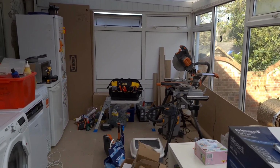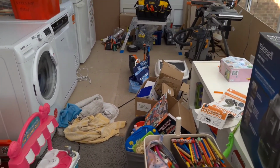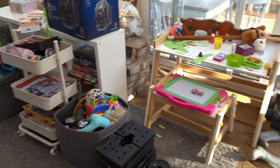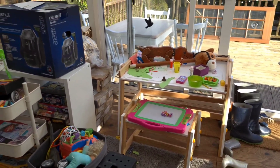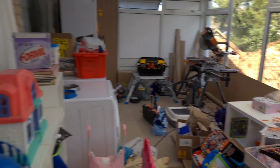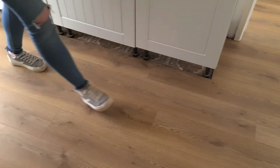So let's use up that bit down the end rather than bottlenecking this part, and I just think the room will work a lot better like that. Give more room for the play area and the dining room area rather than it being an even thinner, long tunnel. So that's one of the plans for, well, very shortly, I suppose. Next weekend, maybe. Although we've got doors and skirting in order,